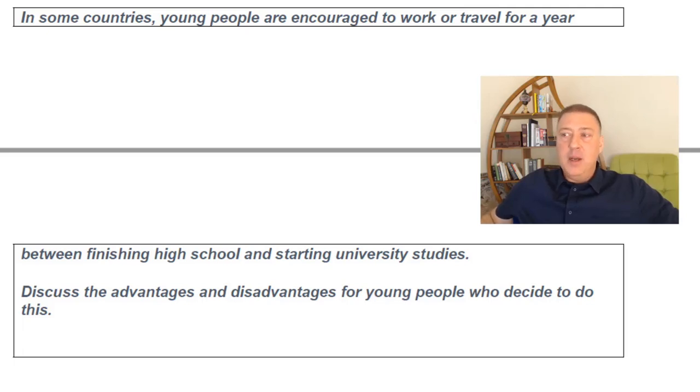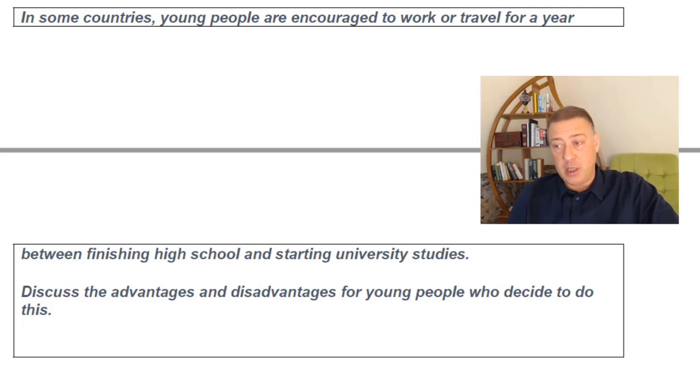What does this mean? But if you just clearly read the question, so young people are encouraged to work or travel for a year between finishing high school and starting university studies. So they finish high school, take a year and work or travel during that year, and then after that, start university. So if you focus carefully on reading the question and understanding what it's asking you, even if this is something they don't do in your country or you've never heard of this, you can come up with a response